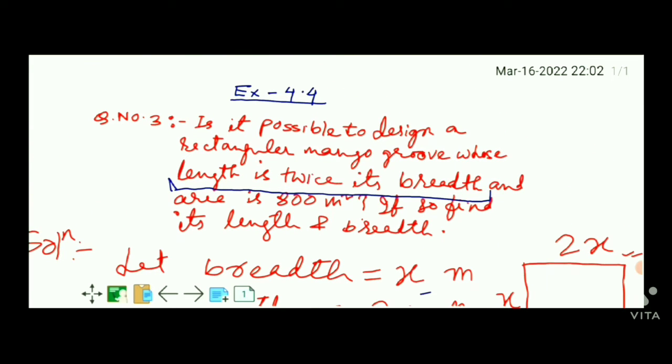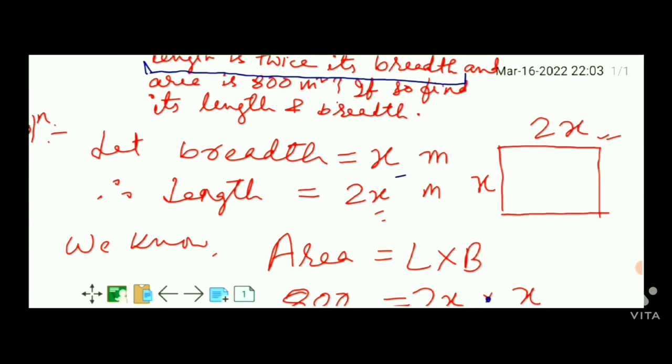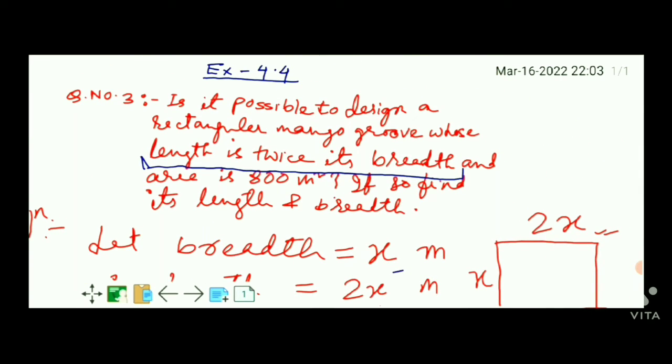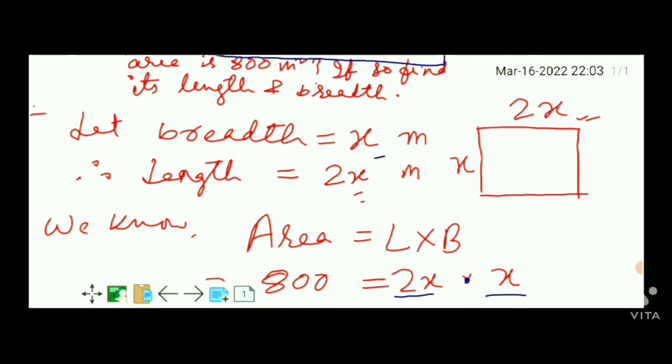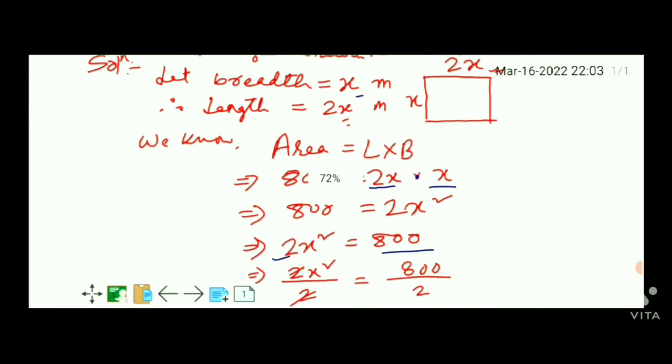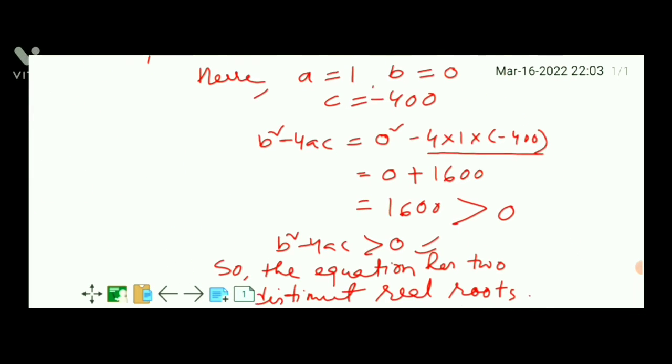With this condition, the length is twice the breadth and area is 800 meter square, we can design a rectangular group. Okay, so ultimately x का वैल्यू अगर b स्क्वायर माइनस 4ac इज अगर लेस देन जीरो होता,